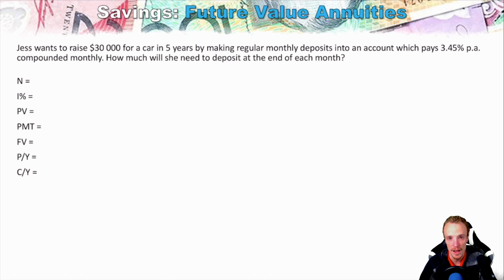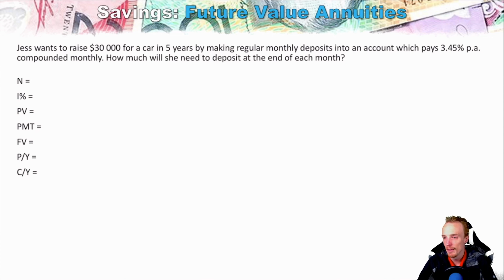the units of N and what N actually is, because N is really linked to PY rather than CY, which is the reason why when you're not making regular payments, like when the payments are zero, we generally leave PY to be CY, but we'll get to that in a moment. So here we've got Jess that wants to raise $30,000 for her first car,